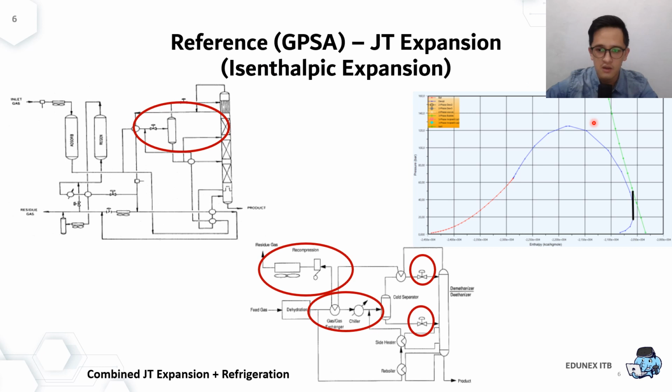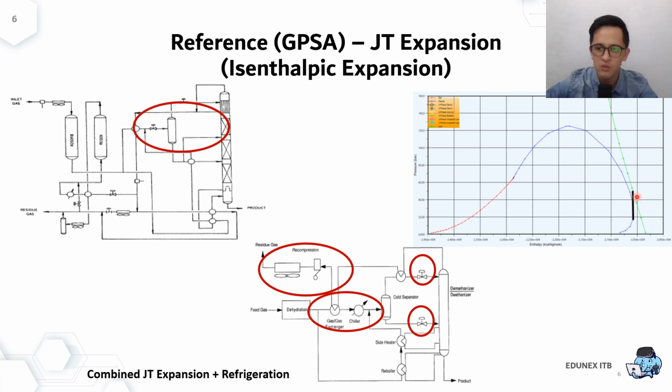Okay, if you look at the envelope chart, this is the location of our feed, at 700 psia. So as you can see, if we directly expand using a valve or JT valve, it is expressed in the PH envelope diagram, pressure versus enthalpy. So if it's isenthalpic expansion, it will be a vertical line down the chart. Okay, in this case you see that it's very limited in terms of the envelope chart. We can't really produce a lot of liquid because it's still very close to the blue line, the saturated line.